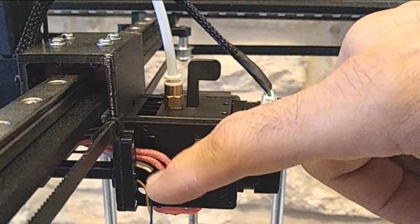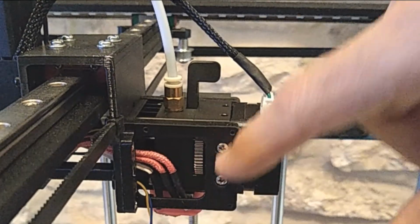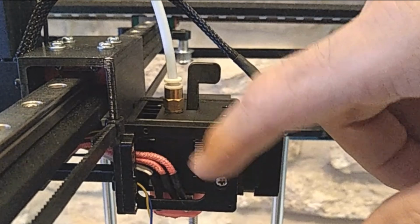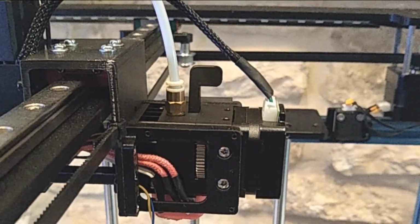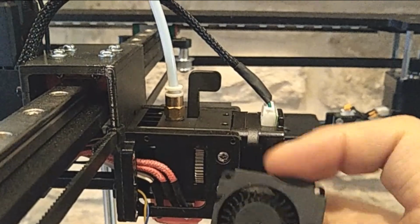This side is partially restricted because of these cables, and then it's going to have the fan covering it. But I think there's enough gaps around it that it can draw air up through all these gaps to cool those fins here on the side. So I'm going to go ahead and leave it like this. I'm going to mount my fan back on,